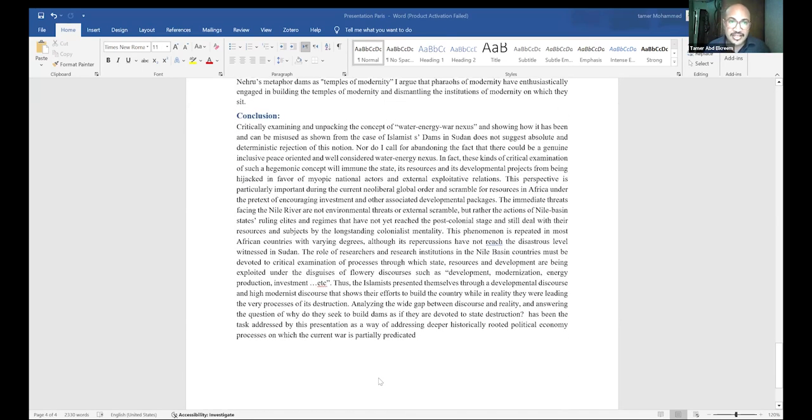To conclude, critically examining and unpacking the concept of the water-energy-war nexus and showing how it has been and can be misused, as shown from the case of Islamist dams in Sudan, does not suggest an absolute deterministic rejection of this kind of development and energy generation. But nor do I call for abandoning the idea that there could be a genuine, inclusive, peace-oriented, well-considered water-energy nexus. In fact, this kind of critical examination of such a hegemonic concept will illuminate